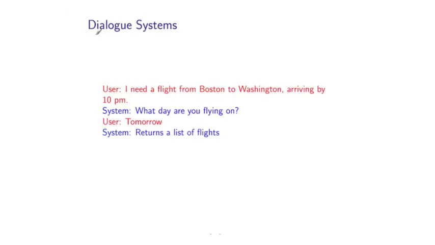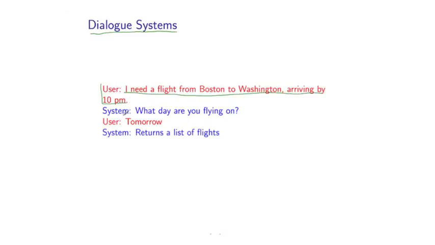Another key application is what are called dialogue systems. And these are systems where a human can actually interact with a computer to achieve some tasks. So the example I've shown here is from a flight domain where a user is attempting to book a flight. And so the user might come with some query to the system, and the system then goes and processes this query. In some sense, it understands that query.